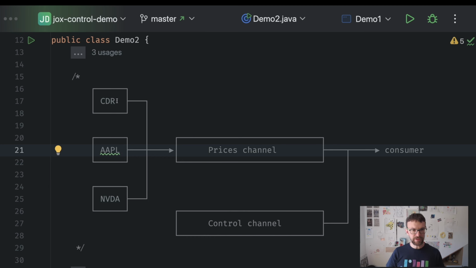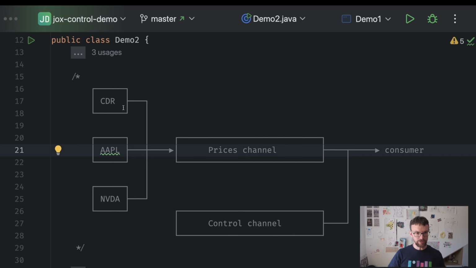And we want to feed the prices of each of these tickers to a single prices channel, right? So we receive data from multiple stock tickers and we feed the data to a single prices channel. So now we cannot really feed the control information of a single WebSocket to this channel over here, right? Because if there's an error on a single WebSocket, we don't want to break or to finish this whole channel,